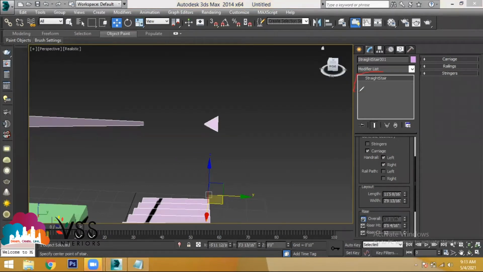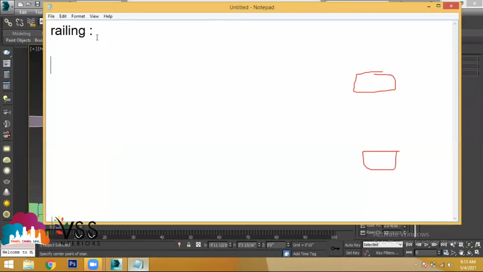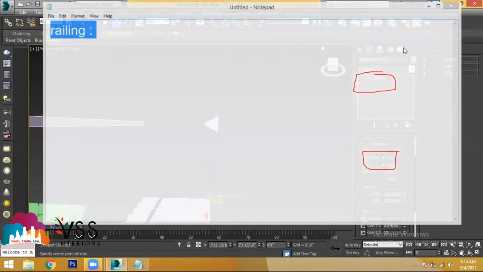in the tool called as stairs. In the tool called as stairs, you have an option called as handrail. And later, we will be discussing about the railing topic. We'll be discussing about the railing topic separately. And there's a tool called as railing in 3ds Max, where you have to create separately. And we'll discuss that right now. And before that, let us see.